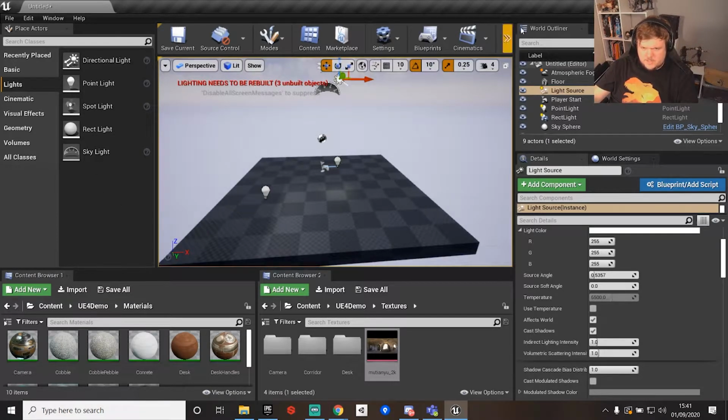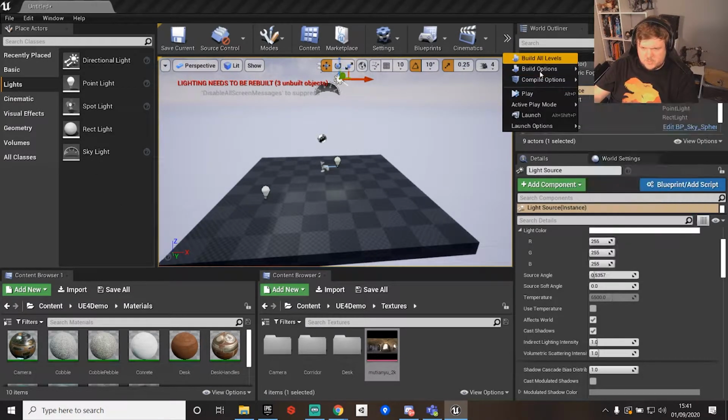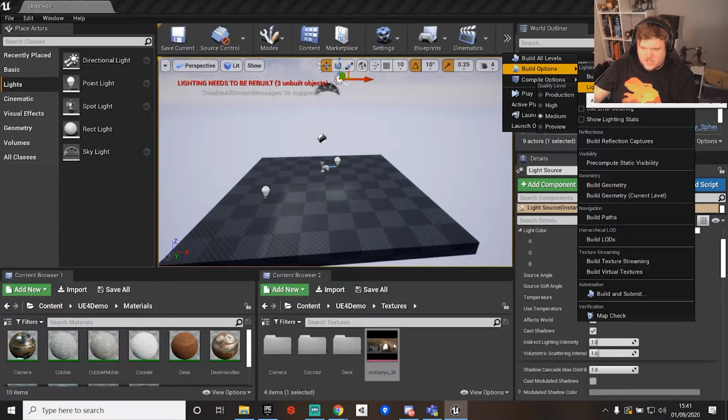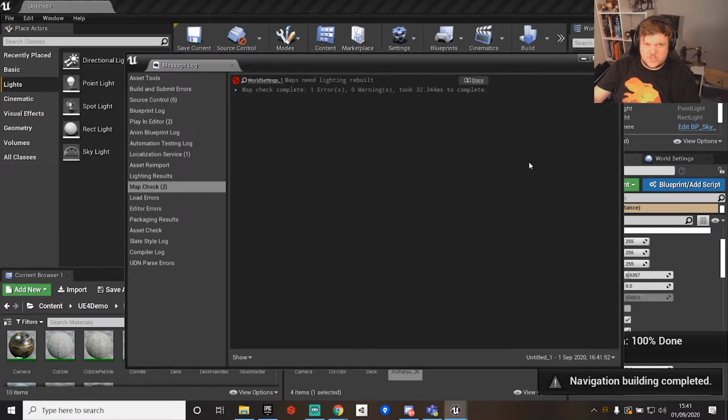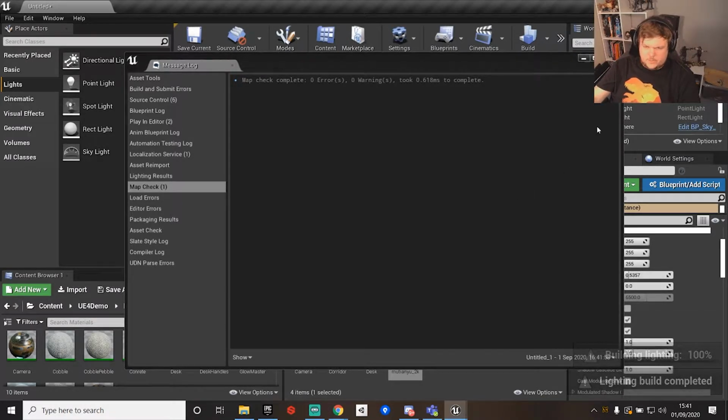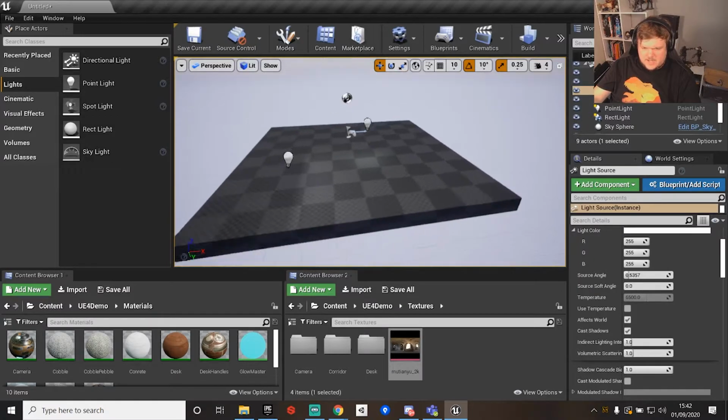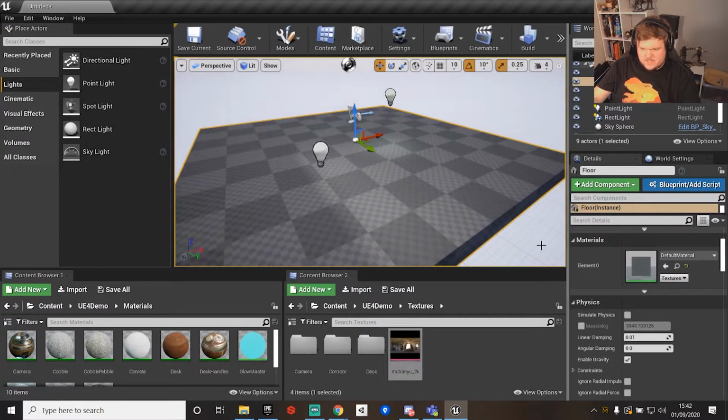At the moment, it's causing me issues, so I'm just going to build. I'm going to change my lighting quality to medium and keep it there. The reason is that at the moment I don't need production quality. I tend to do a production light build at the end when I'm finished. But at the moment, medium's fine. We haven't changed any of the Lightmass settings, so that's quite quick. You see now we don't have any errors, and the lighting is baked